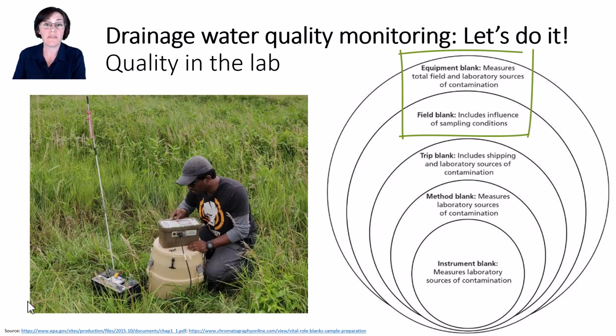If we took a beaker of high purity water out to our auto sampler in the field and had the sampler collect some of that water prior to collecting some of its regular water samples, that would be a field blank or an equipment blank, depending on how that sample was handled. I've never done that, but I just hope this illustrates the importance of blanks along the water monitoring process.